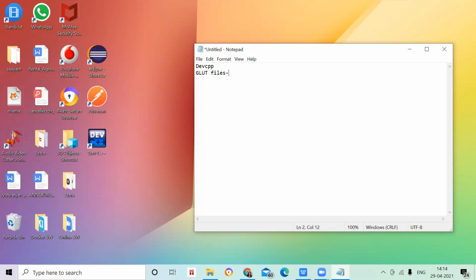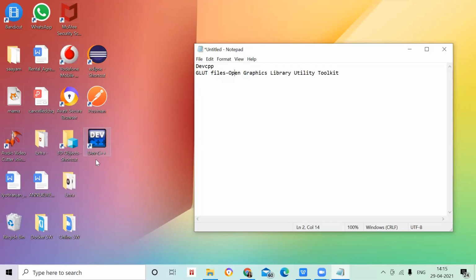This is OpenGL, I have told you. So Open Graphics Library Utility Toolkit, these are all your viva questions. These GLUT files will not run if you do not download this, because in the Dev C++ package the GLUT files won't come.